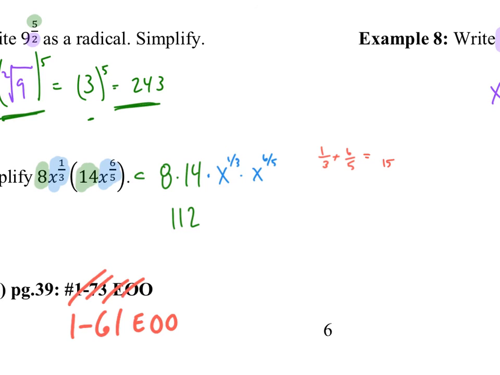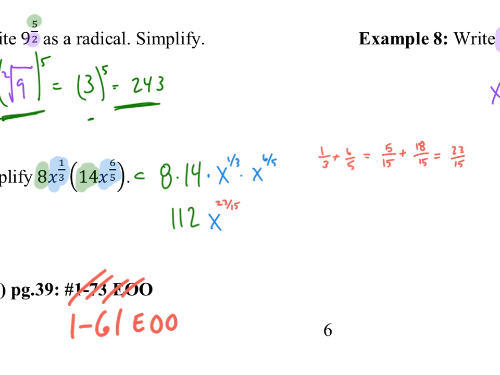So multiplying this by 5, I would then need to multiply the numerator by 5, so that'd be 5/15. And then multiplying the 5 here by 3, I'd have to multiply the numerator by 3, so I'd end up with 18/15. 5/15 plus 18/15 is 23/15. So that would be 112 times x to the